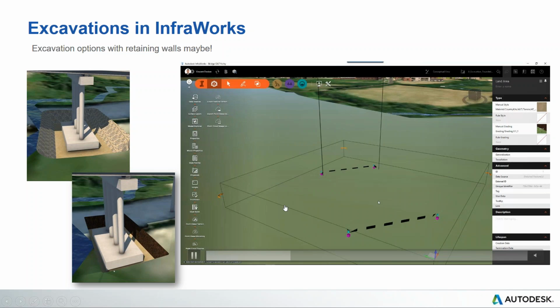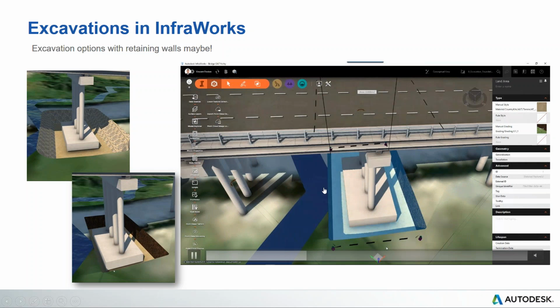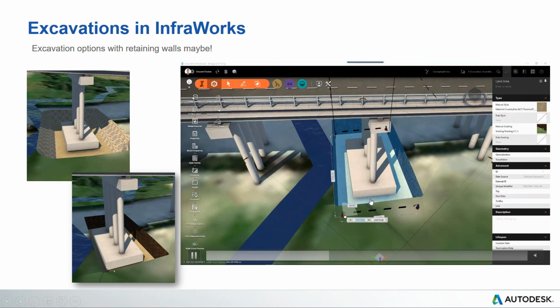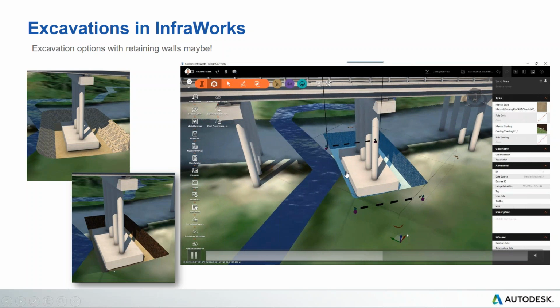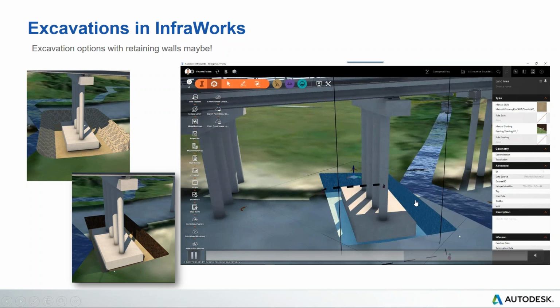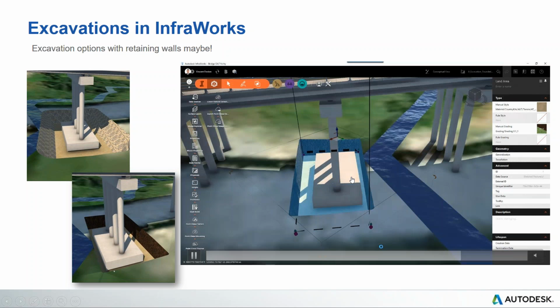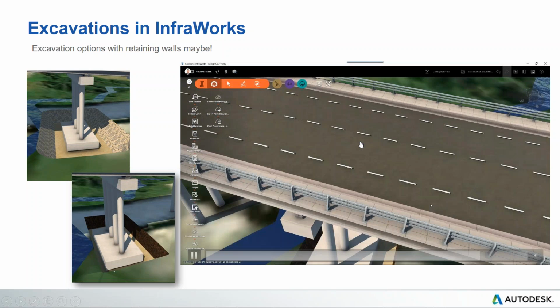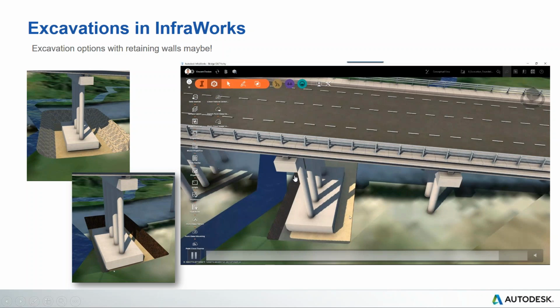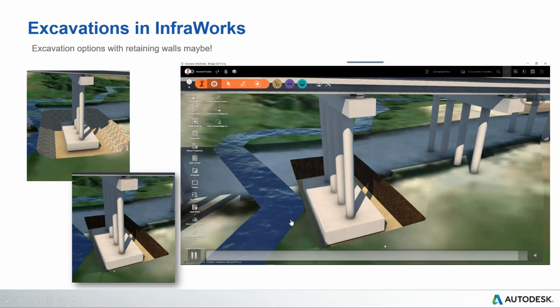we're working in context in 3D, we can check for instances where we have maybe clashes with some water bodies like rivers, or we have clashes with some utilities. So in some cases, we might need to excavate a little bit with a higher slope on one side of the excavation and maybe a lower slope from the other side. All of that is possible using the gizmos and the material properties which we can influence inside of Infraworks. And then we can tell, for example, the contractor, or recommend that there is a need for some sheet piling or some retaining wall in here to make the excavation safely and erect the piers later on